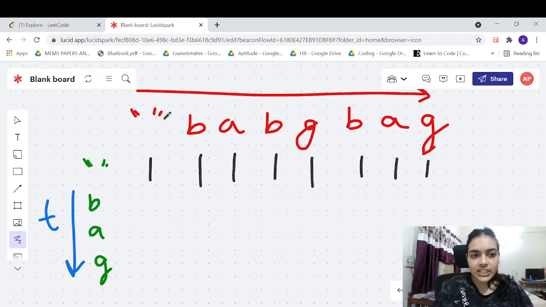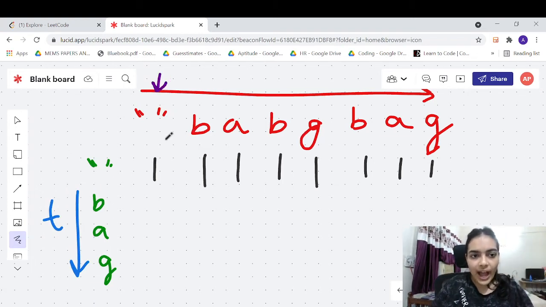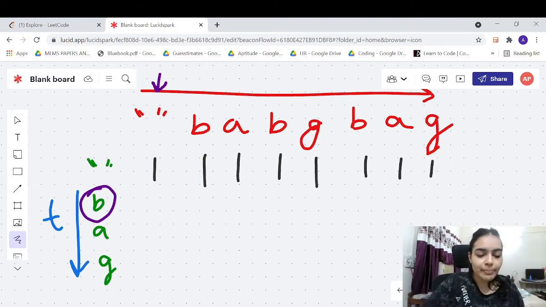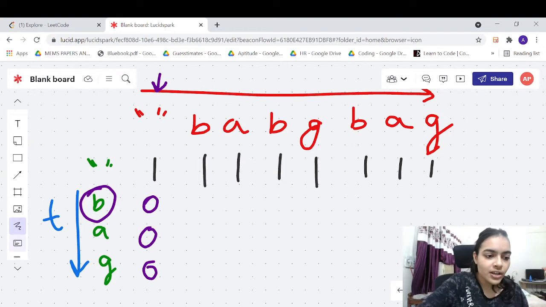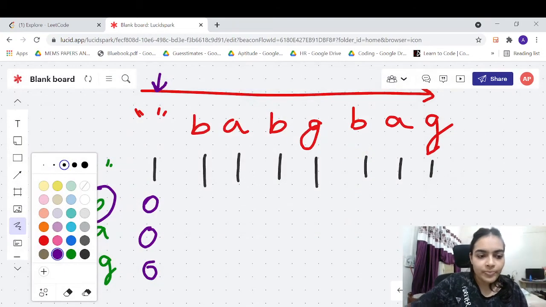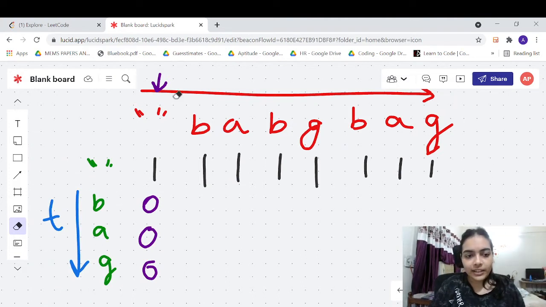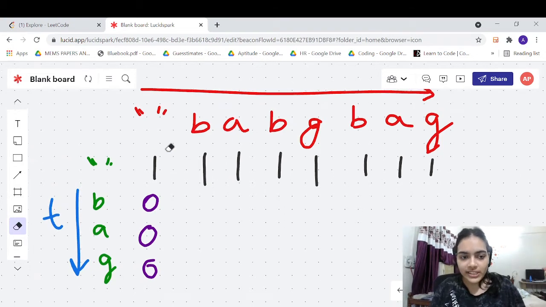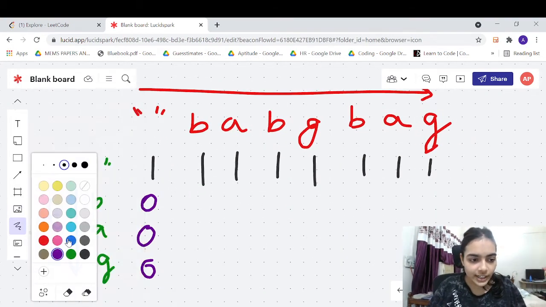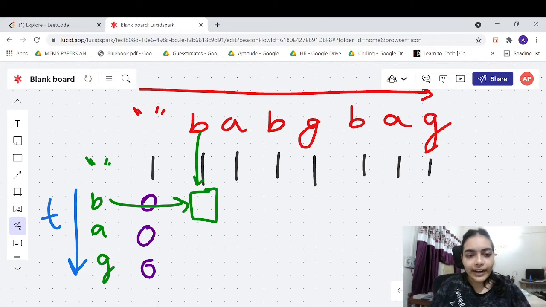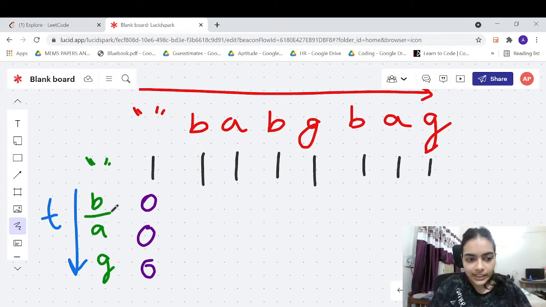What about the first column? Now in the first column, suppose you have only the empty character, you don't have anything else, and you want to make the character, let's say B. Can you make B using an empty character? We can never make it, right? It will not be sufficient. So in that case, the number of ways will be 0, because if we want to make any character using an empty character, we don't have any possible chance to do that. Okay, now let us try to see the remaining characters. Now let's say, what does this row and this column correspond to in the table? This means that you are trying to make this character B, right?